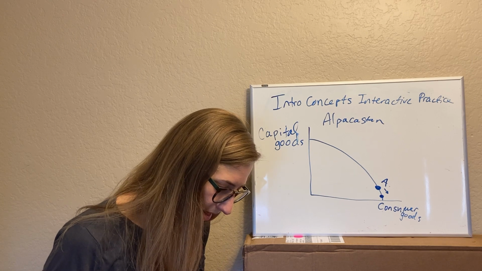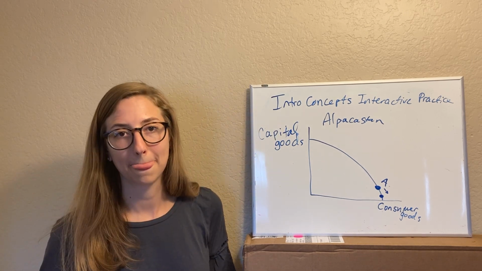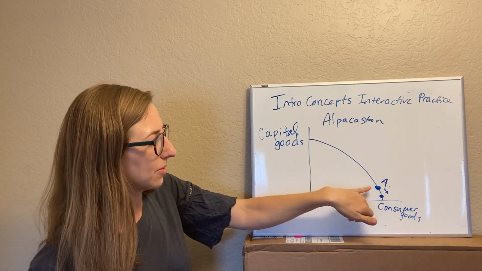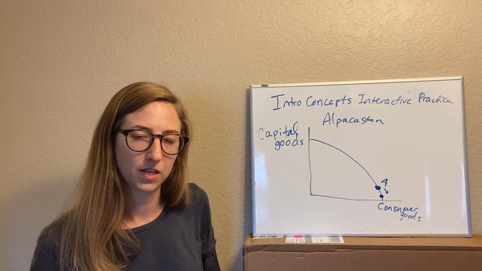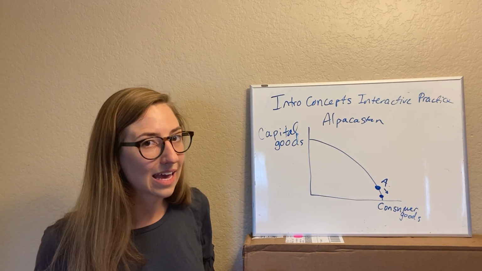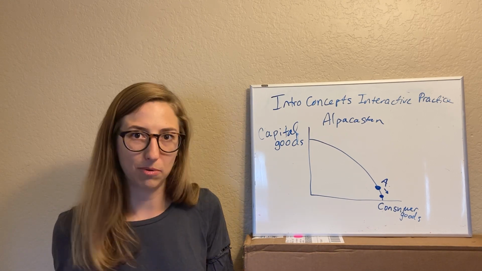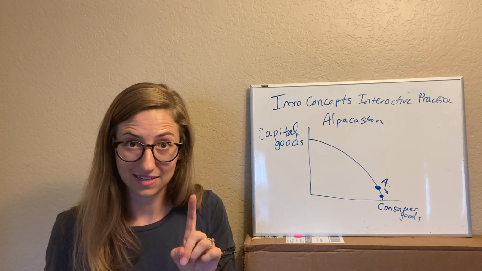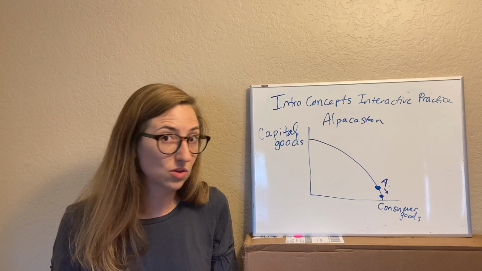All right, then why did those companies switch their production? Why did the companies switch their production from making this amount of capital goods, this amount of consumer goods, to making more consumer goods and less capital goods? Remember, we can't say because that's what people wanted, right? How does the company know what people want? The prices. The price of consumer goods rises if customers are demanding those more.